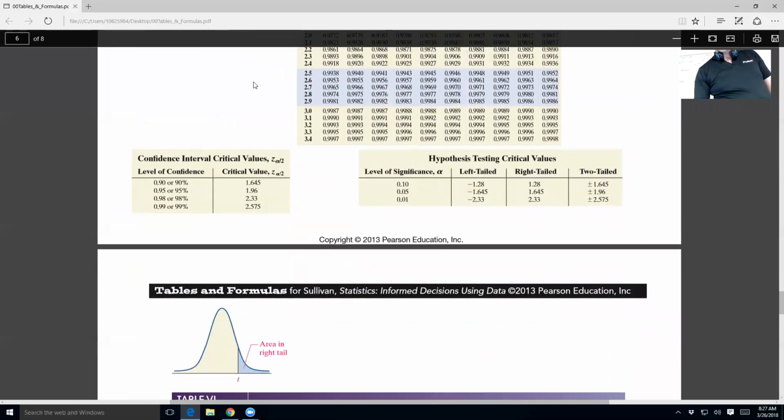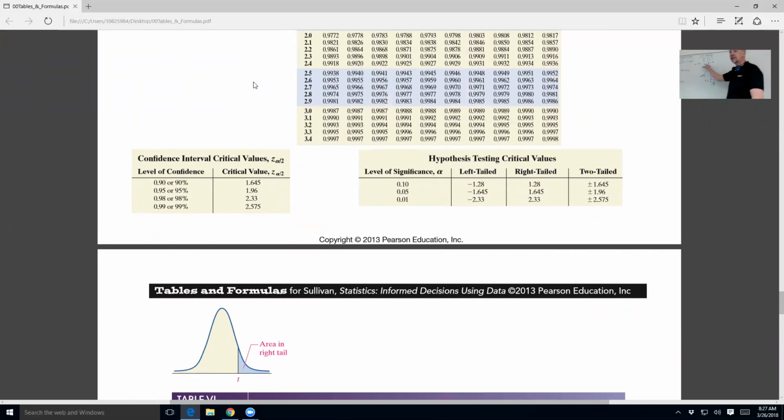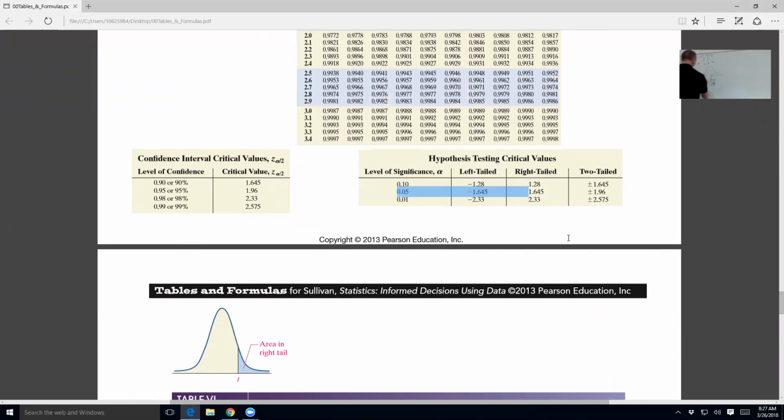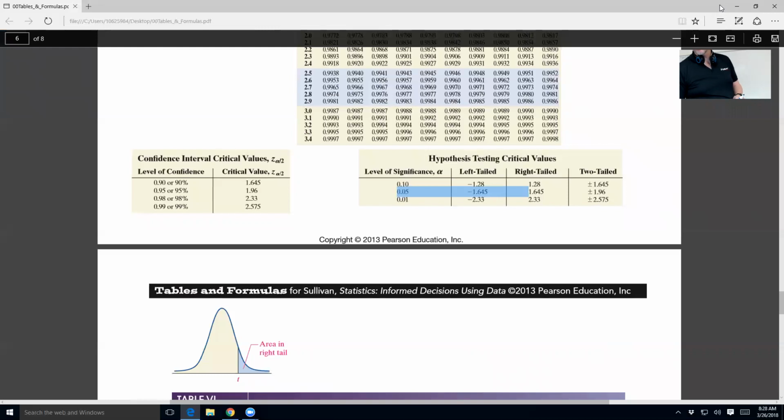Am I doing a left-tailed or a right-tailed or a two-tailed test? That's where the picture comes in. I'm doing a left-tailed test. So alpha is 0.05. Left-tailed test, what value did I get? If I convert this to a standard normal, that's a 0, that's a negative 1.645, right? So essentially what I'm doing here, negative 1.645, maybe I'll bring my camera back here, stop sharing,